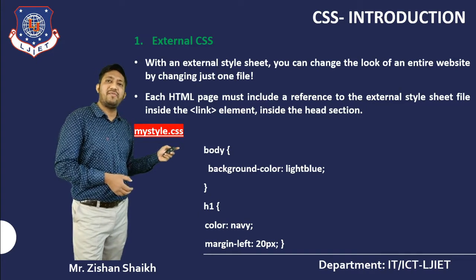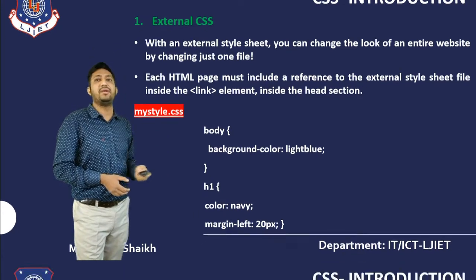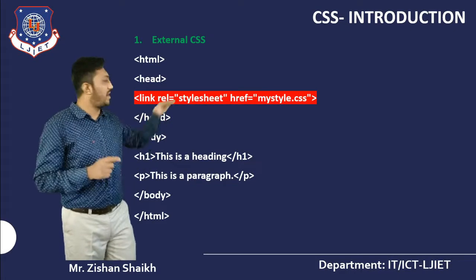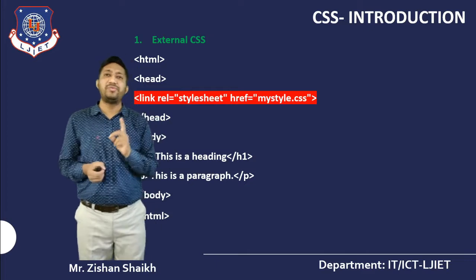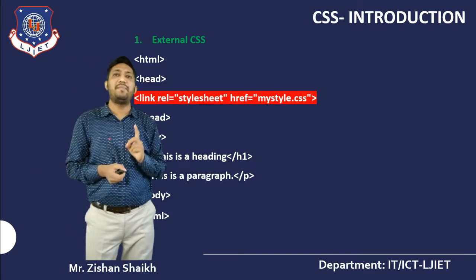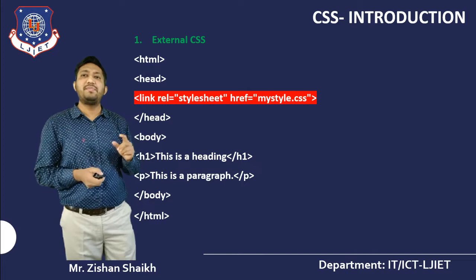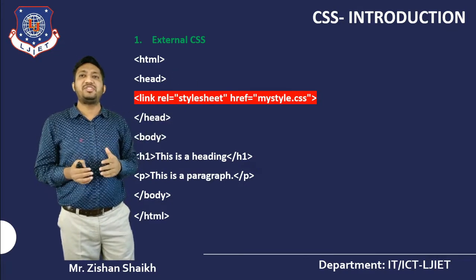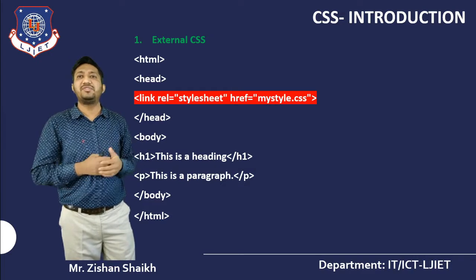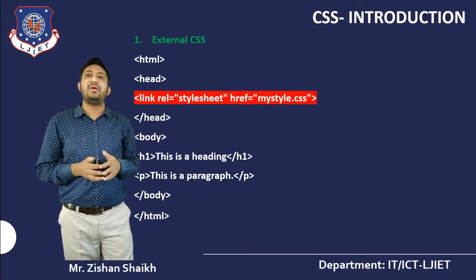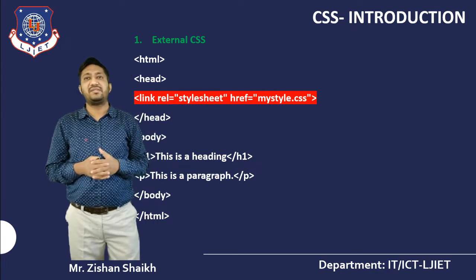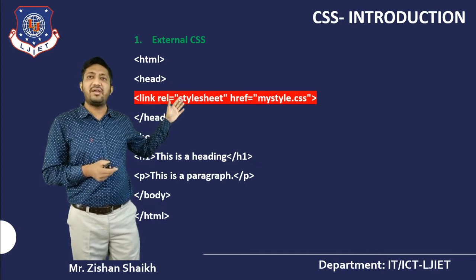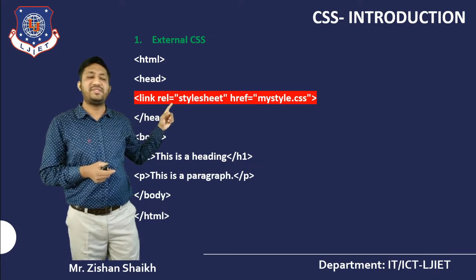Now how is my HTML file applying these properties? For that we have to write one link reference in my head tag. Whenever you are using an external file, you must remember that your link must be in your header section. Before, in simple HTML code, the header section was not compulsory. But when you are writing an external CSS, you must write your external CSS link code in your header section. So what is the syntax for that?